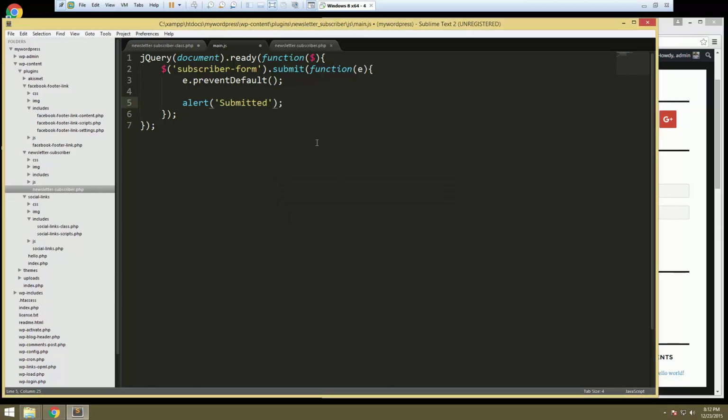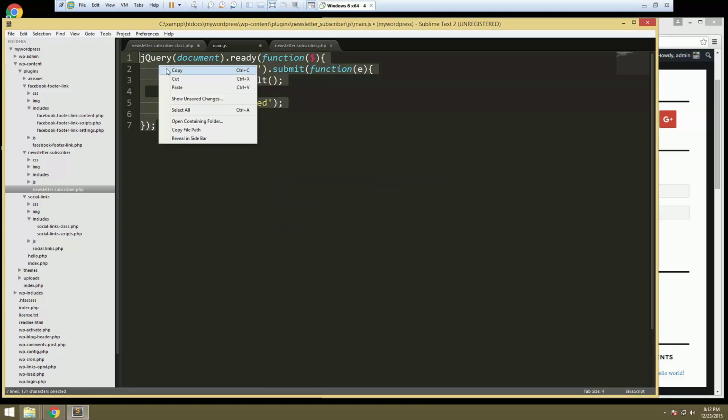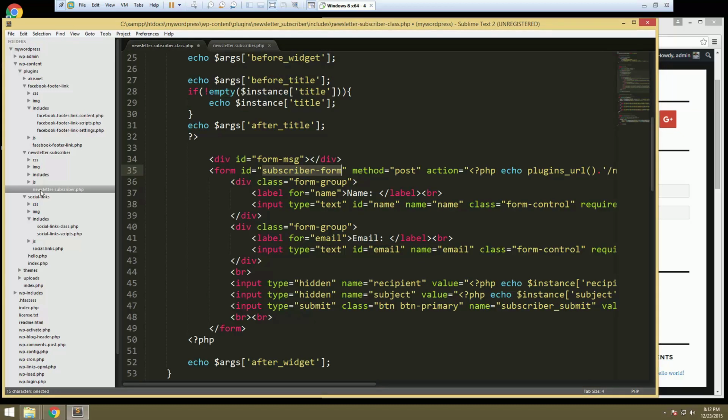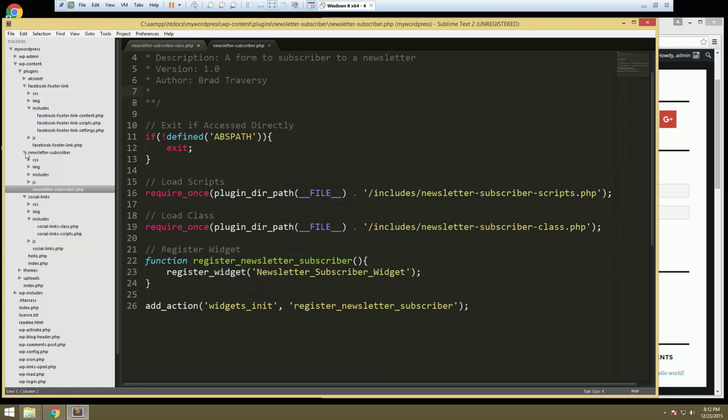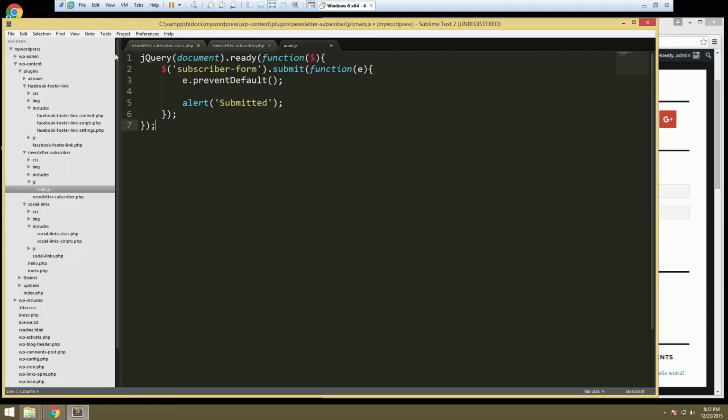Unable to save. I don't know why it does that, but once in a while Sublime Text does this. So I'm just going to copy this and then close it. I think it's because I renamed the folder. So let's go back in and we'll just put that back in and save. Okay, so now if we